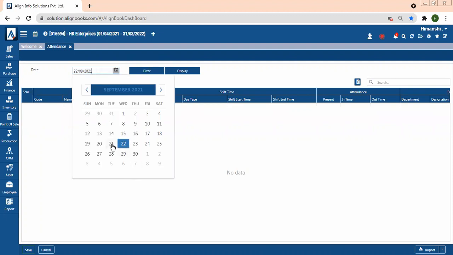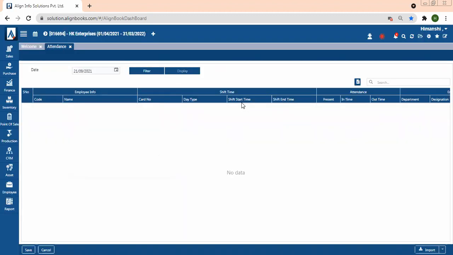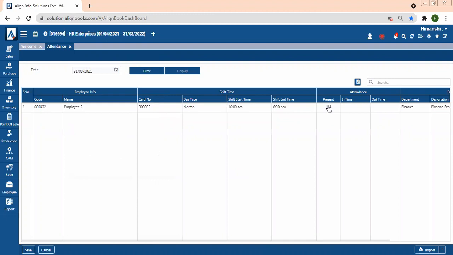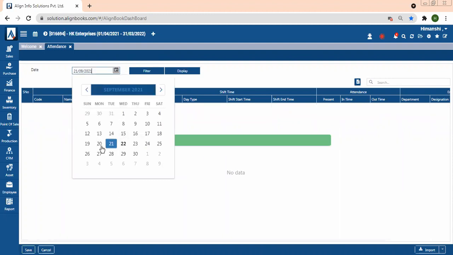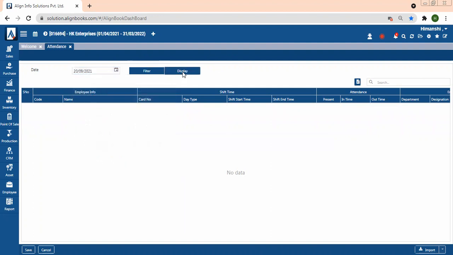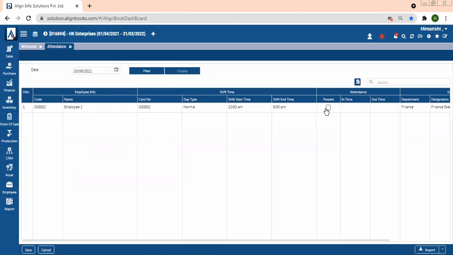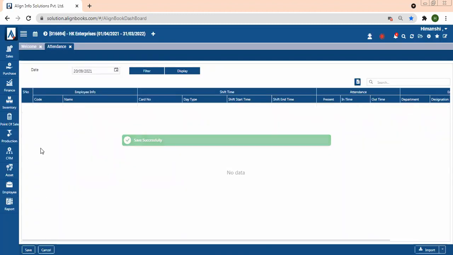I will put attendance for 21st as well. Present. And I will save it. Then for 20th as well, I have put attendance. So I've put attendance for only 3 days. Okay. Now we'll move forward